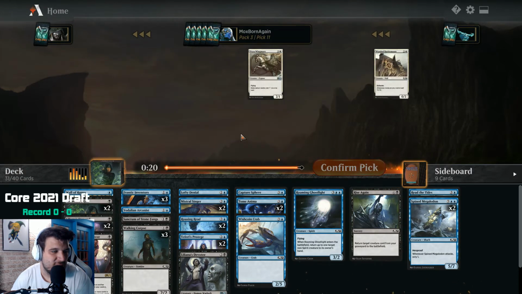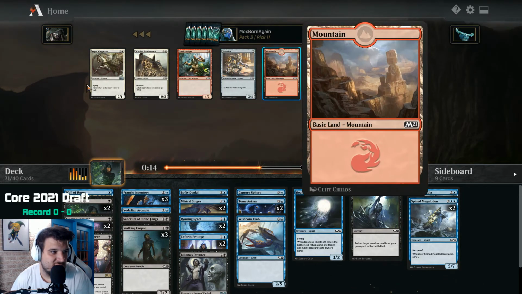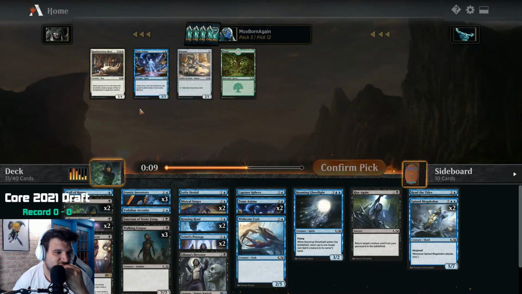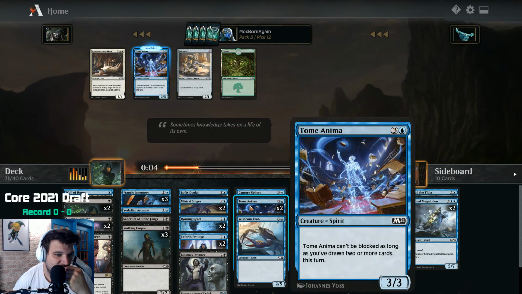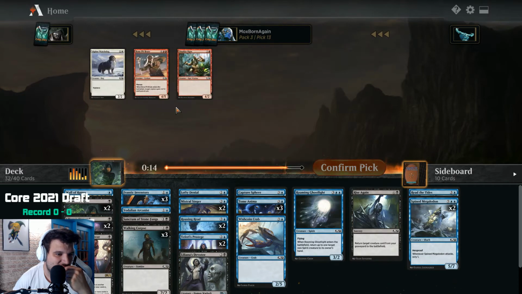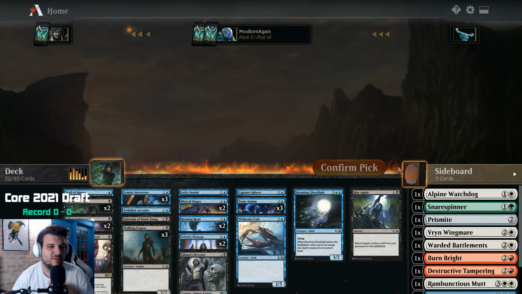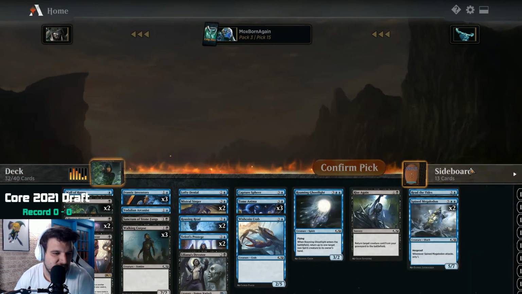I think for this one, we take the flyer that makes our non-creature spells cost more. Oh, this is rough. Do we have a tome? Yeah, we'll just take another one. Take the flyer, and we're stuck with the forest. Alright, so